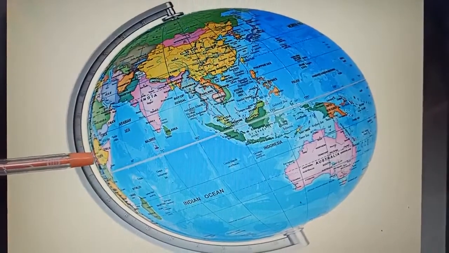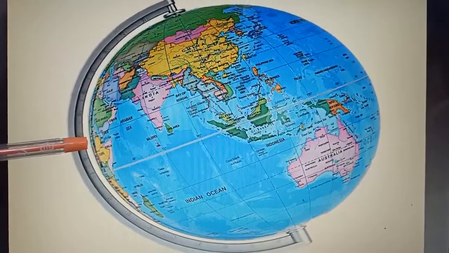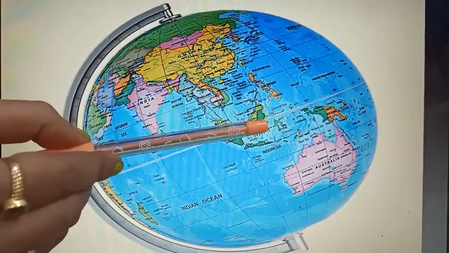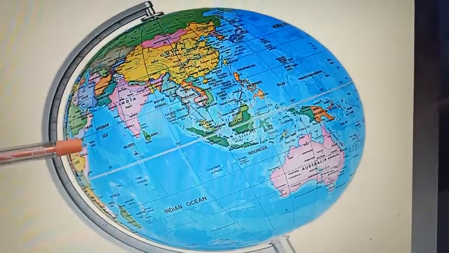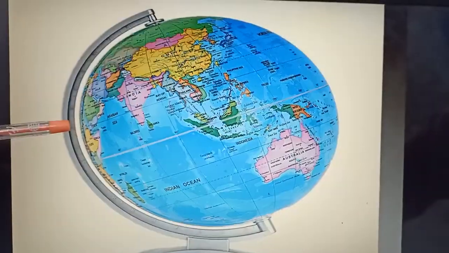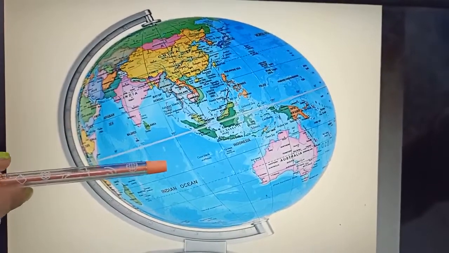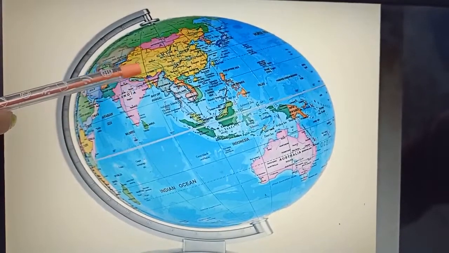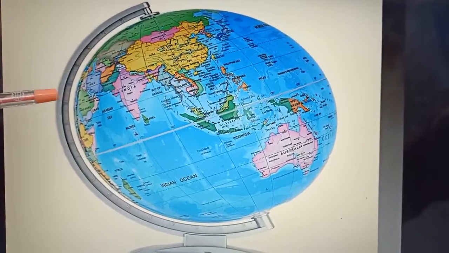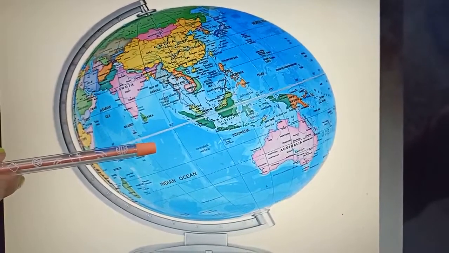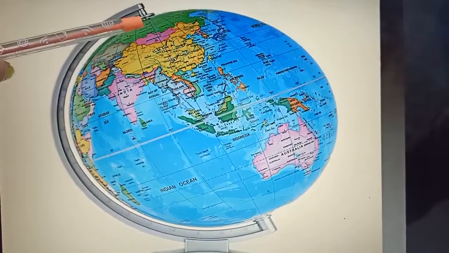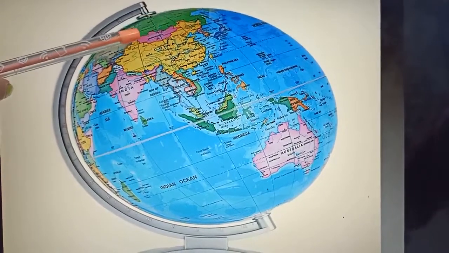Students, look at this picture. This is a globe. As you can see, different color codes are used to highlight different areas on the globe. Students, list the different colors from the globe. As you can see, blue color, pink color, yellow color, green color, brown color. So, what does the blue part represent, students? The blue part in the globe represents oceans and the green part represents continents.